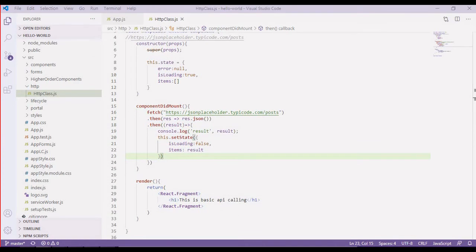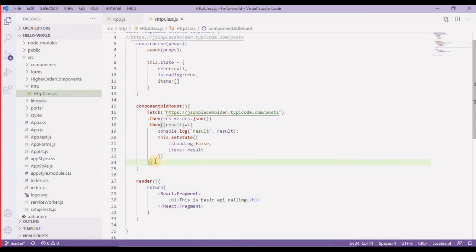Alright, so we already fetched data. Now the next part is we have to catch the error messages also, because if we don't use the catch method, sometimes if we fail to fetch data, we may have broken links or some errors in our browser. So for that we must handle the error. In this case we are not going to use a catch block; we are going to simply pass error as a second argument of this then function.